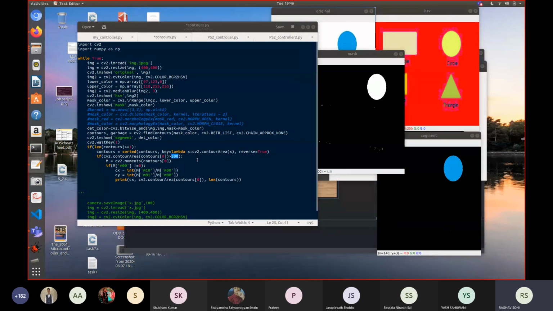So I just kept a minimum value. If my area is bigger than 500, then it is a contour that I need. It may be a circle or a shape that I need. Otherwise it's just noise, because the noise can be small, and so the small pixels will have smaller area. So this condition I have put to filter that noise. You should know how to filter noise; it'll be very important.